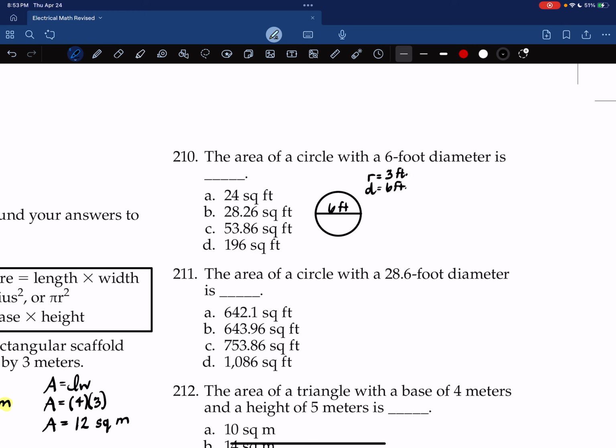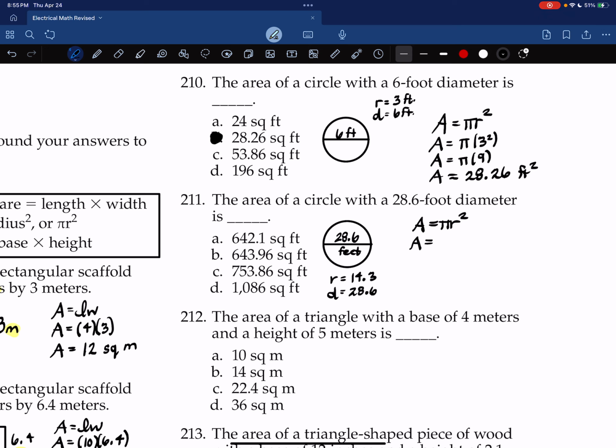So the radius would be half that. If diameter is 28.6, radius is going to be 28.6 divided by 2. And area is pi r squared. That never changes. So pi times 14.3 to the second power, or pi times